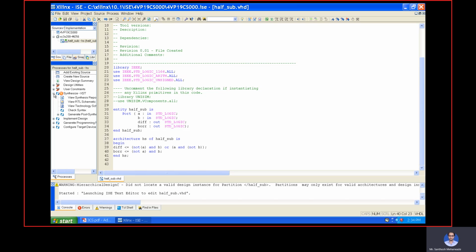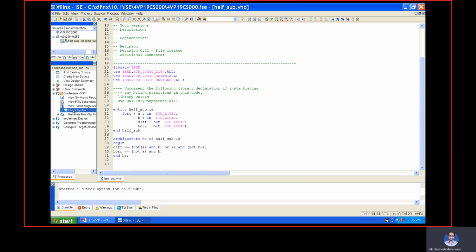Then click on this plus box, then double click on check syntax. You can see that now it is somewhat fast. Process check syntax completed successfully, which indicates there are no errors. And if you want, you can see the RTL schematic of this half subtractor.